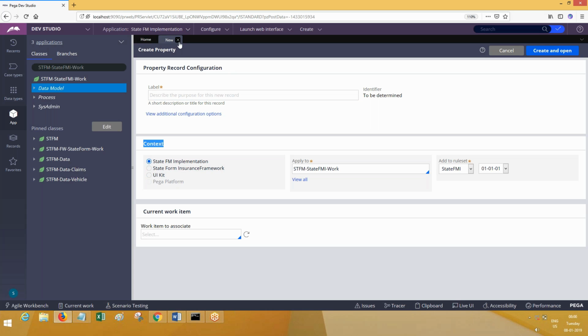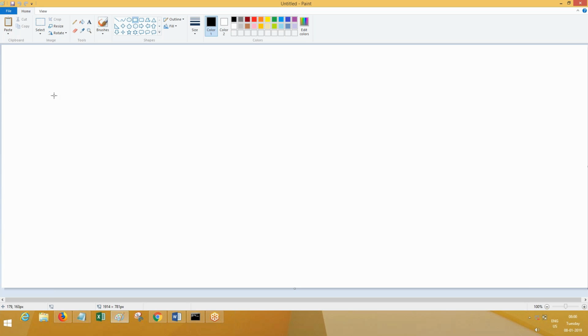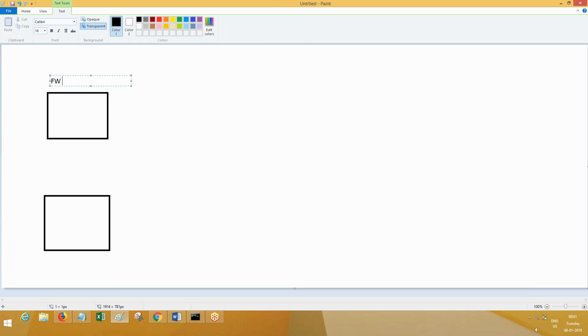But before we talk about this, let me draw a diagram. These are two different contexts. This is context 1 and this is context 2. Let's say this is the framework, FW app context, and this is the implementation application context.